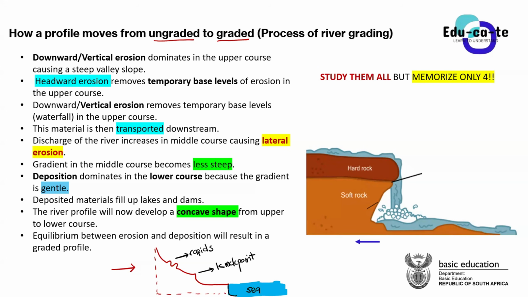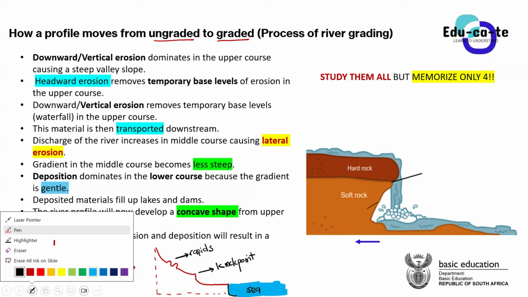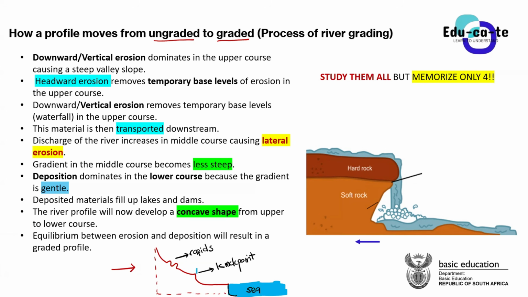Because if we zoom in here at the waterfalls, I'm sure we say that here at the waterfall, the water actually falls because of this sharp change in gradient. As the water is flowing here, the moment it encounters this gradient, it falls rapidly down, or violently down. So now we are just zooming in on this image. Let me just show you. Here it is. So you guys can see the zoomed in image of how that happens. This is a waterfall.